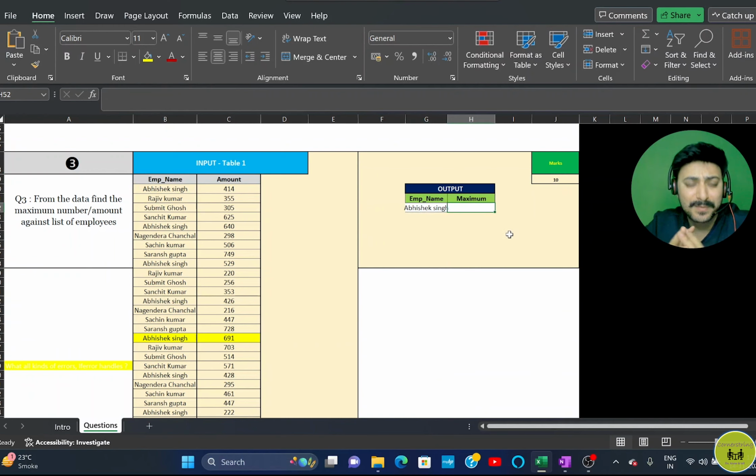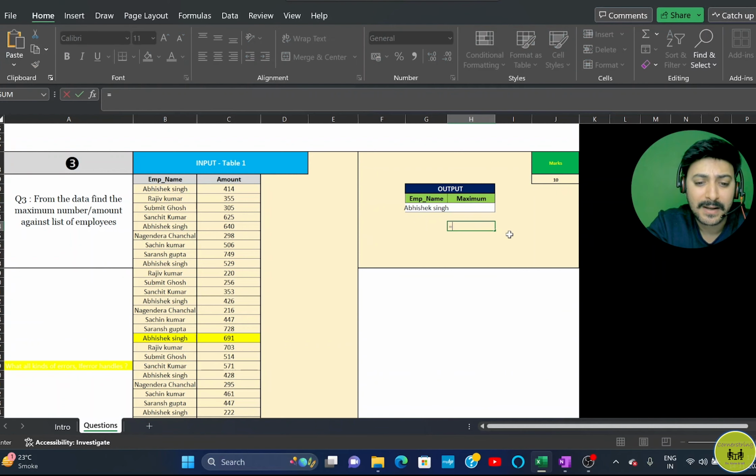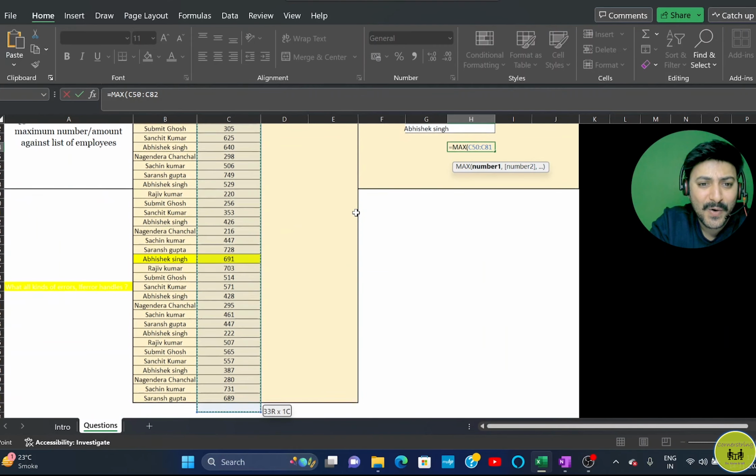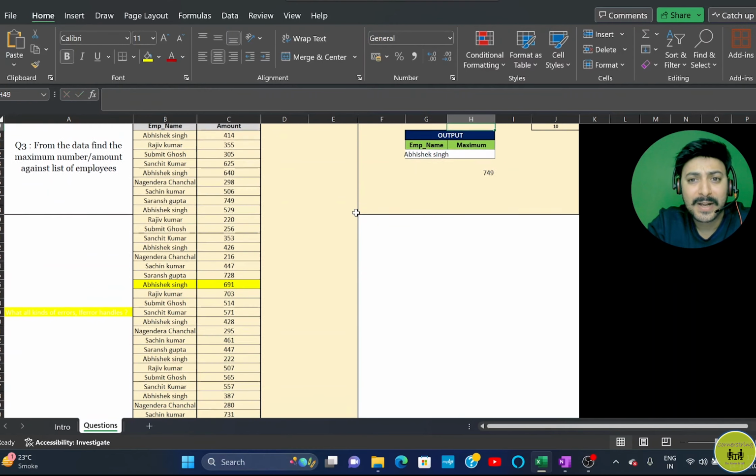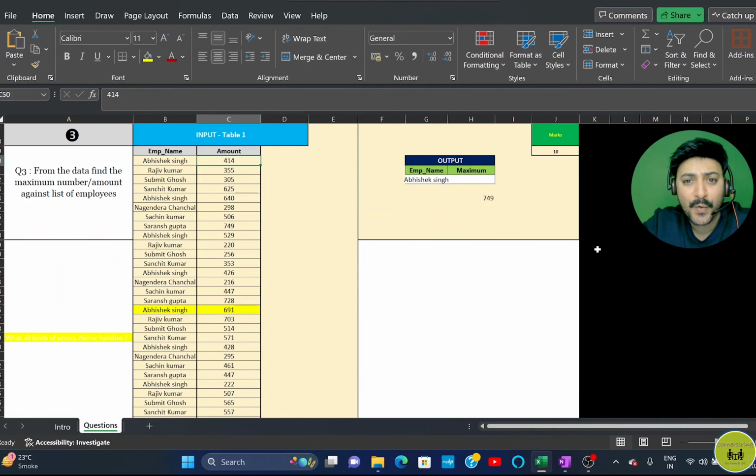So guys, you know that somehow we have to use the max function here, and let me show the syntax to you. You pass the number to it. For example, let's go with a very straightforward, very simple ask here. So in this particular range, 749 is the maximum value which we got in the end, right? 749 is the maximum value. But